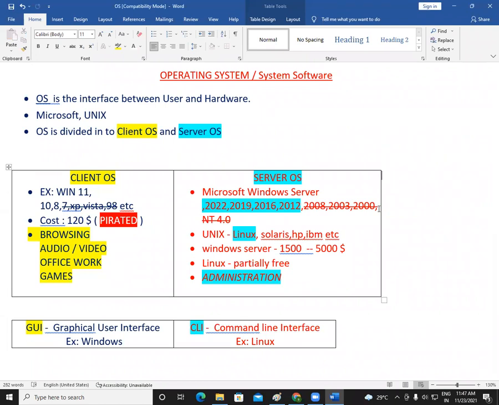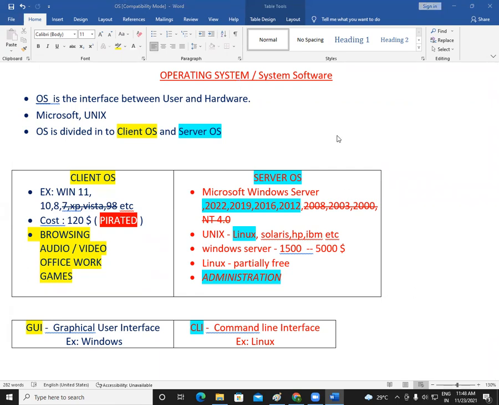Remember I told you, Microsoft will allow you to use the operating system for 180 days without paying money. It is free. So that operating system is available, and we can download it and do all the practicals. There is no need for us to purchase a server operating system for practicals. Got it? We'll see how to do that and how to install.